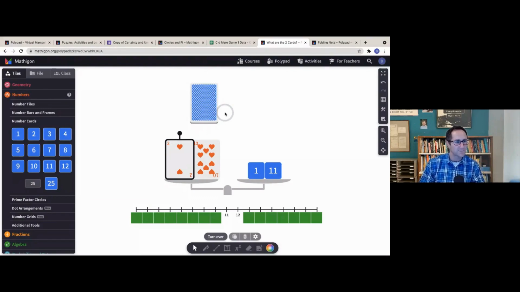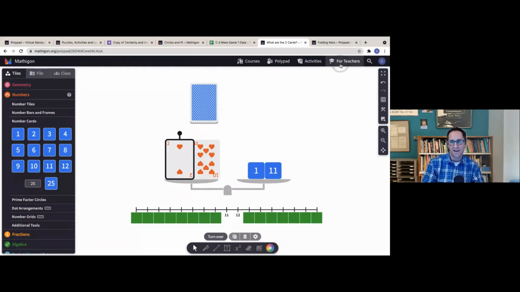I want to spend some time on the balance scale because I think the idea of equality for students and different representations of numbers is another example where a virtual tool can really help propel students like structures in their head of equality and of number.